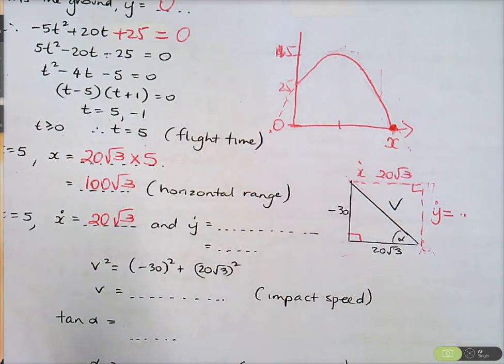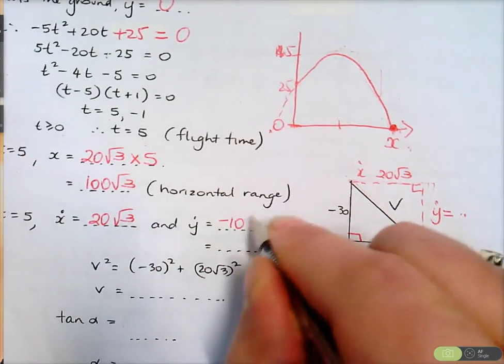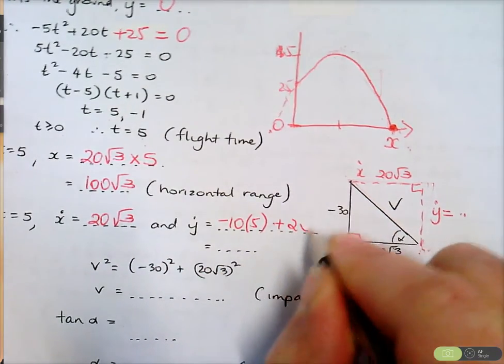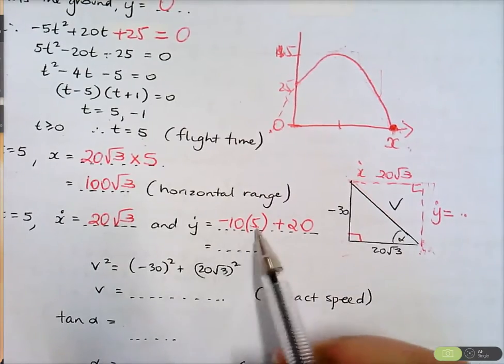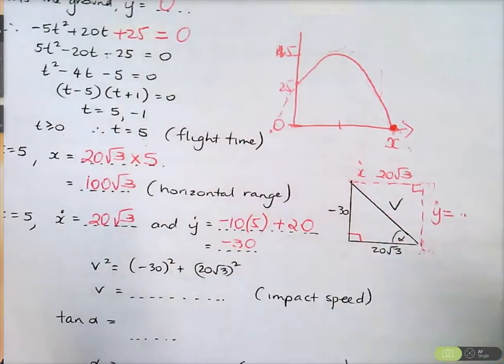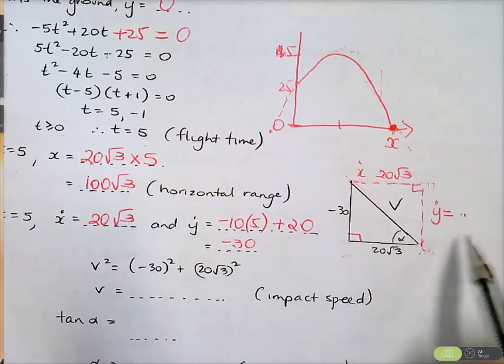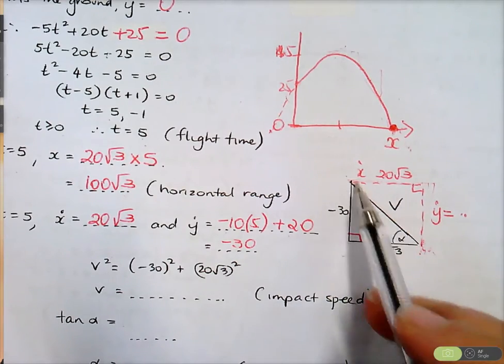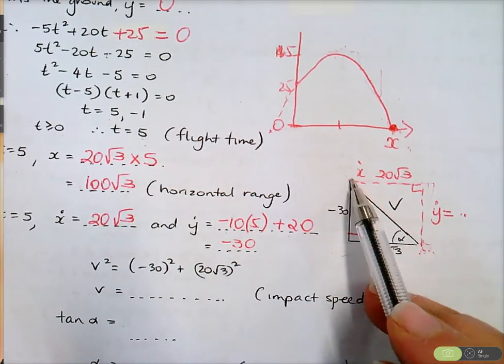Negative 10t plus 20. So it's negative 10 times 5 plus 20, which is what? Negative 50 plus 20 is negative 30. So we'll put that on the diagram. It doesn't matter. Why do you think, Miss, the triangle's drawn this way? Because that,